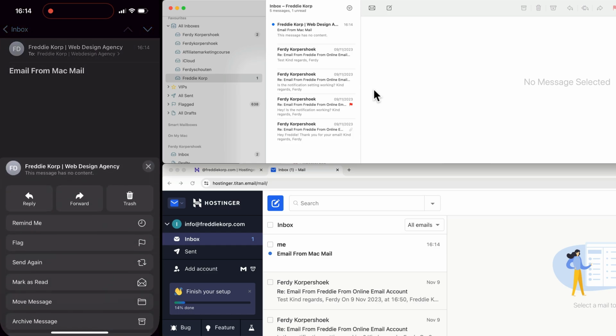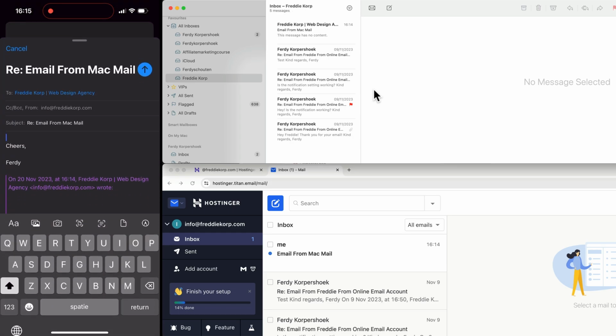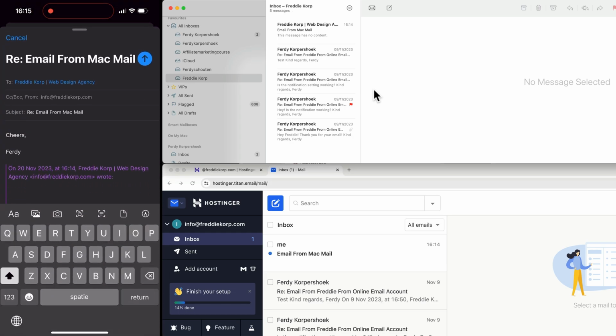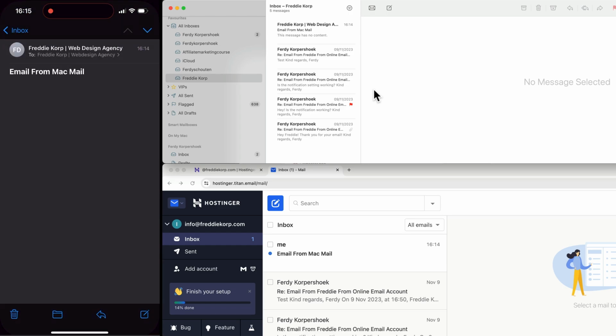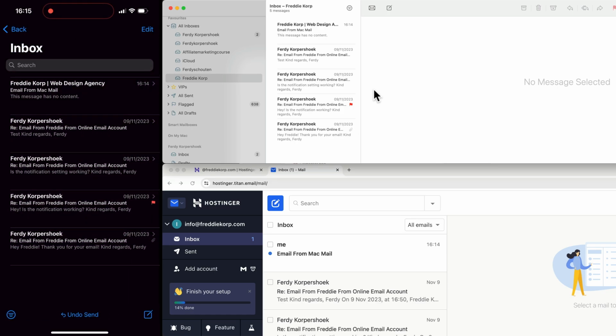Okay, let's see if I can send an email from my phone, from info@freddycorp, reply from phone. If that works, then I know I can send and receive emails from webmail, Mac Mail, and phone mail.